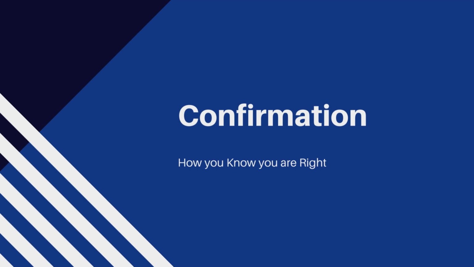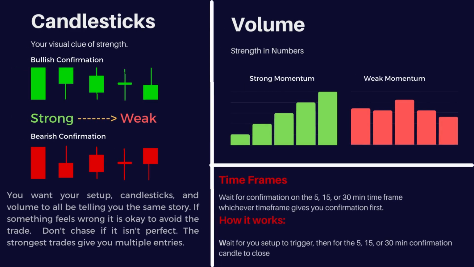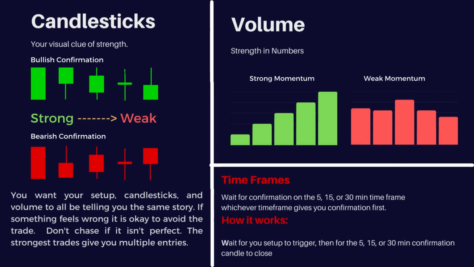Instead, right after we have our setup, after we know what we're looking for, we want to wait for our confirmation. And confirmation is how we know we're correct. And the number one thing that we always want to see is that there's a strong reaction to our idea. So if someone tweets that there's a leaked earnings report on Apple, right, we want to see strong volume and strong candles step in to support that thesis before we know we're correct. We don't jump in on rumors, right? We jump in on proof of concept.